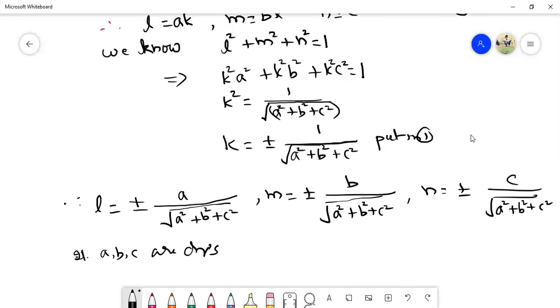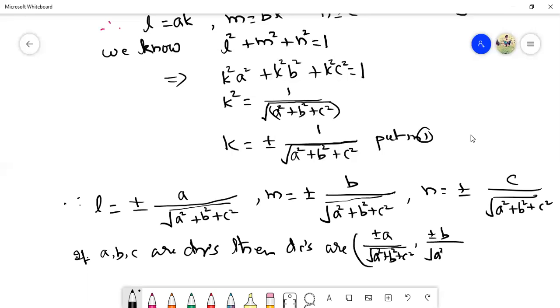If A, B, C are DRs here, as we have seen, then DCs are plus minus A upon under root A square plus B square plus C square, or plus minus B upon under root A square plus B square plus C square, and the third direction cosine, N, will be plus minus C upon under root A square plus B square plus